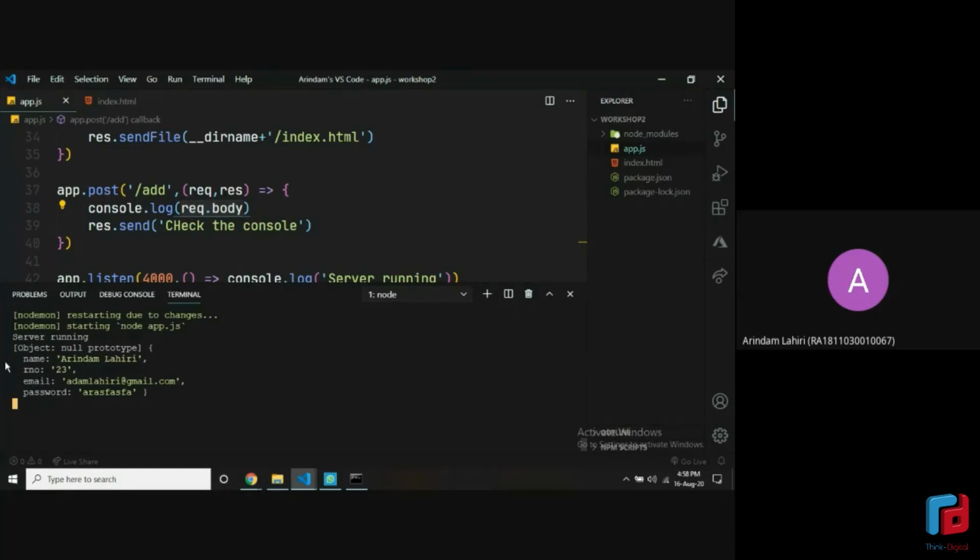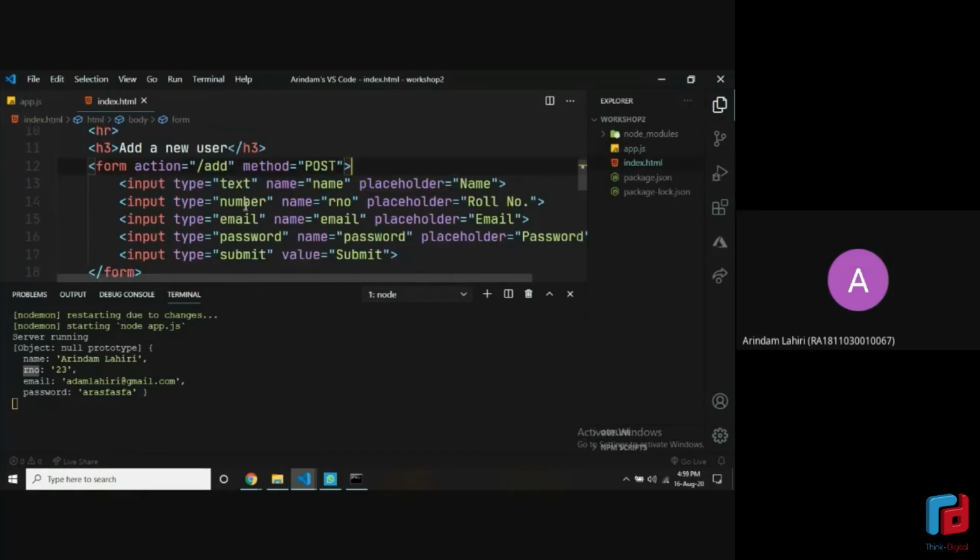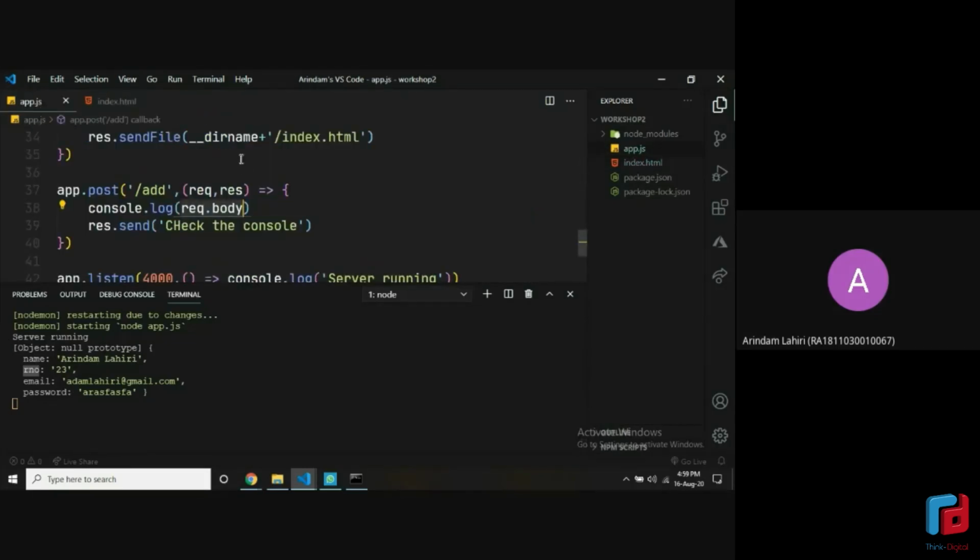Now, how are these names of the properties coming, how is it name, how is it RNO, how is it email? Let me show you in the HTML. In the input tags, we have put in an attribute called name. This is what controls the name which goes ahead. Name email, name RNO, name email, name password. If you change anything in this, that change will reflect here also in the request.body. Okay, I hope this is clear and everybody is getting this output in their console. I did this in the post method, so make sure the method was also set to post.